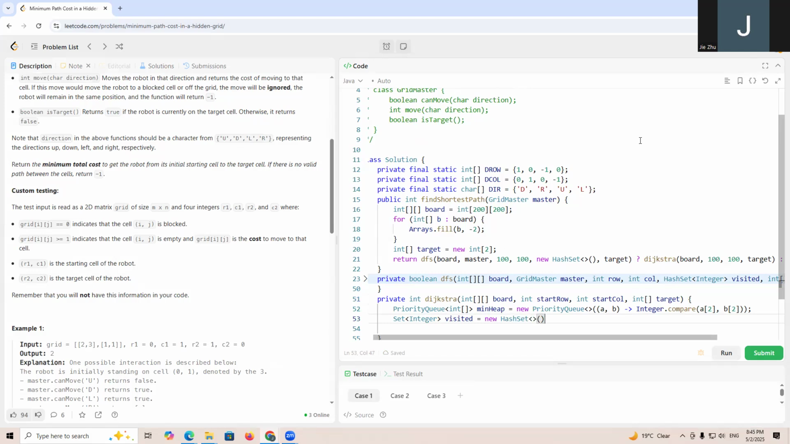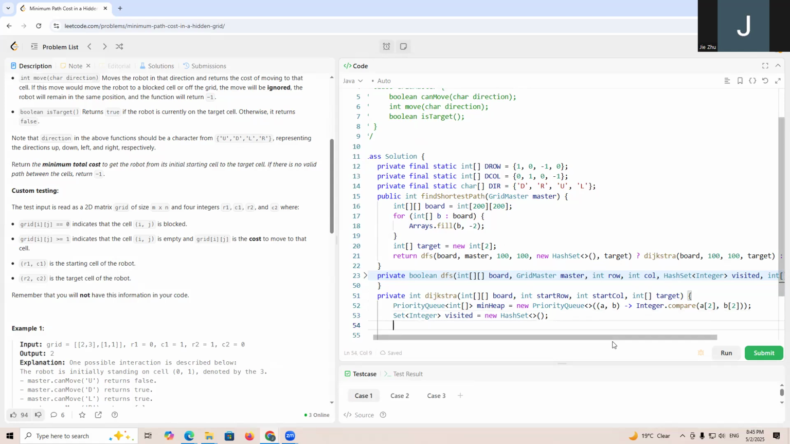So for this kind of question, we have a priority queue. That means the first time we get to this cell, the cost will always be lower than the next time the robot visits this cell, right? So we can use a visited set. That means the first time it reaches a cell will be the smallest cost. So we're going to have min heap offer new int